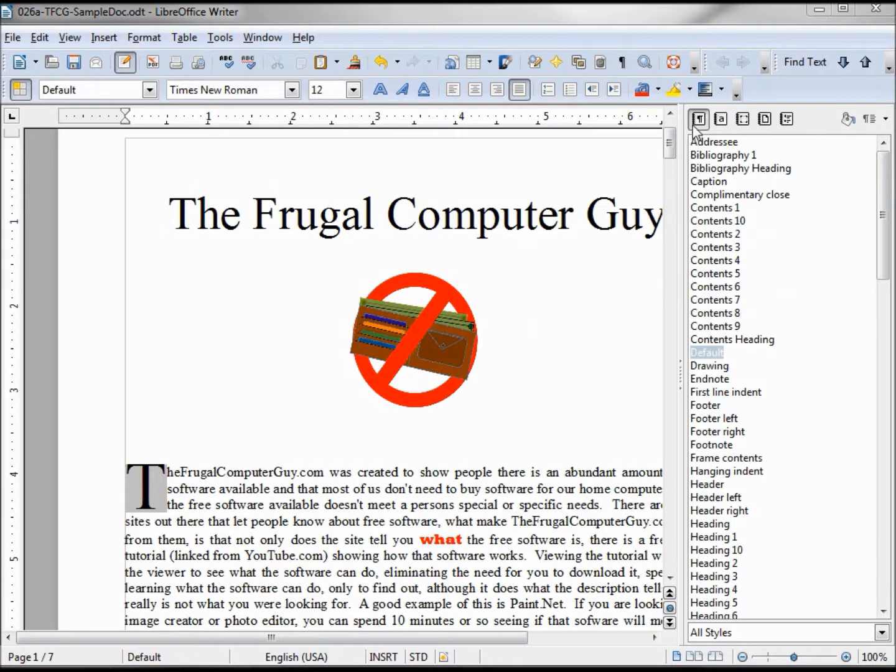Looking at the top of our dialog box, we'll notice that we have paragraph styles, character styles, frame styles, page styles, and list styles. They all work basically the same, but for this topic, we're going to look at the list styles, character, and paragraph styles, since we've already discussed those specific topics, and then we'll cover the other two all at one time. So what styles basically are